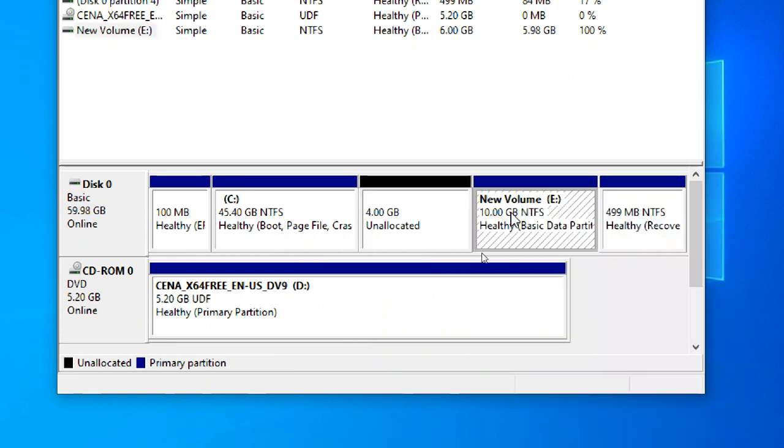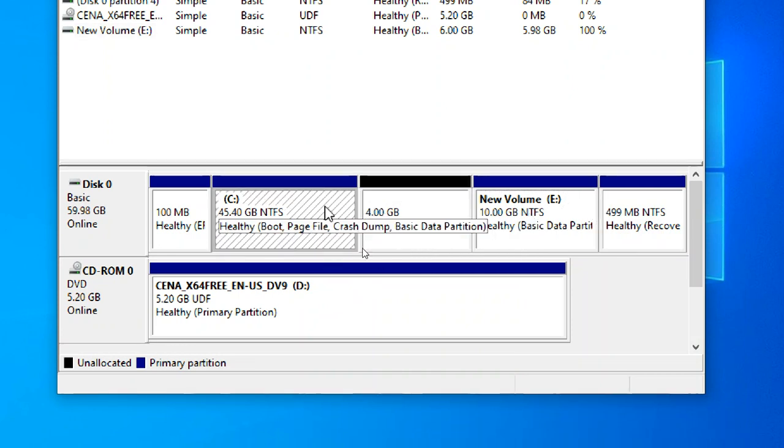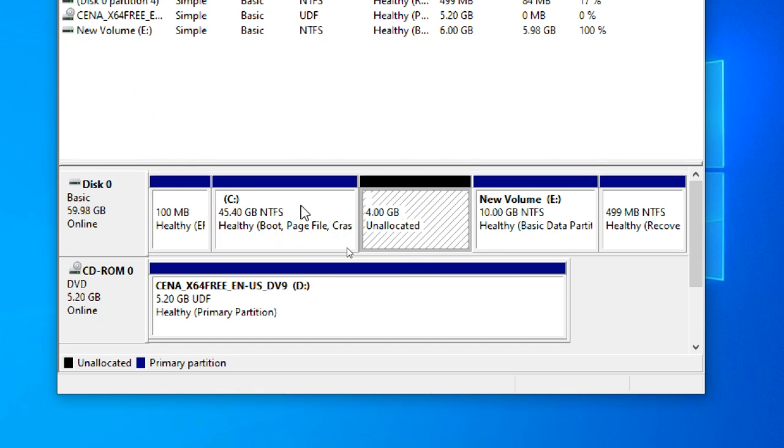Why? Because of this 4 GB we can't add it to E drive, but we can add it to C drive. So make sure that the unallocated space is next to our volume, adjacent. Then only we are able to add it. So that is your partition. Okay.